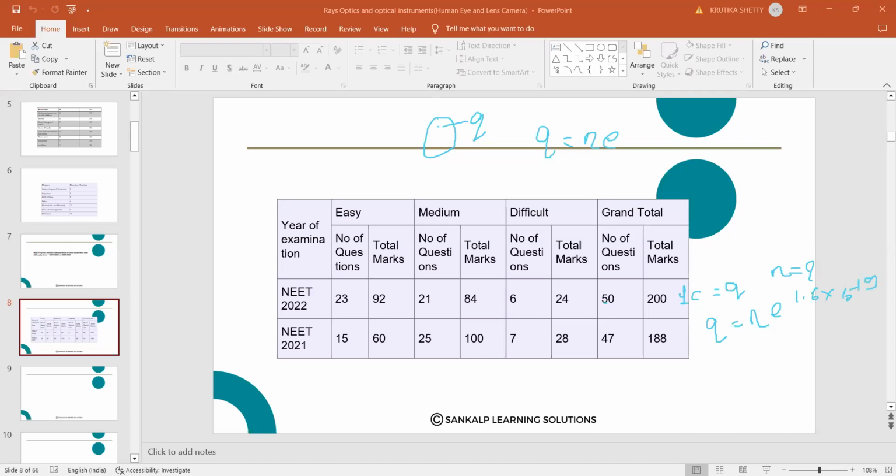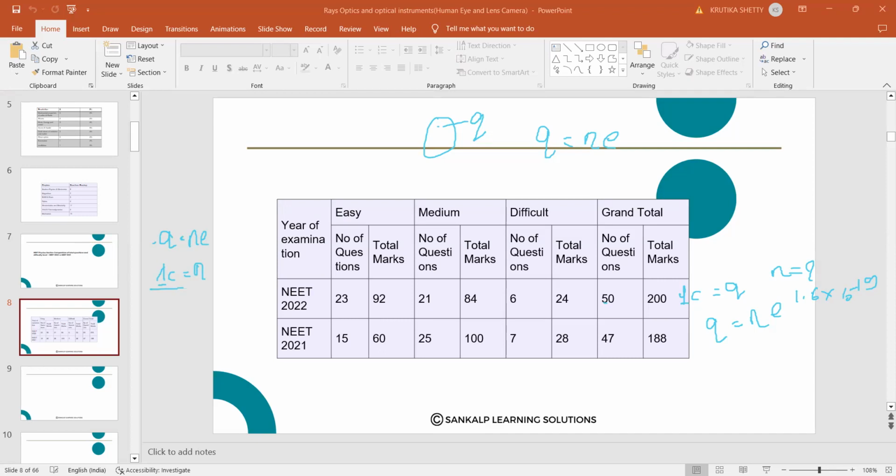So what is my question? You have 1 coulomb of charge, meaning the body you have carries a charge of 1 coulomb. Then I want to calculate the number of charges on it. How to calculate it? The formula is Q is equal to N into E. Q is given as 1 coulomb. So here N is what I have to calculate,